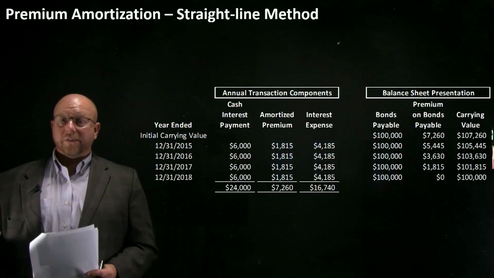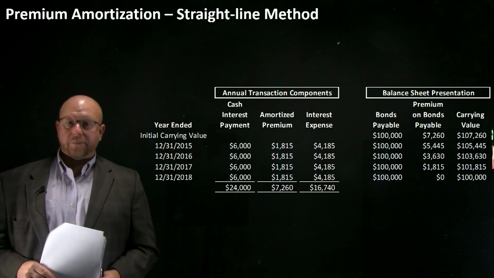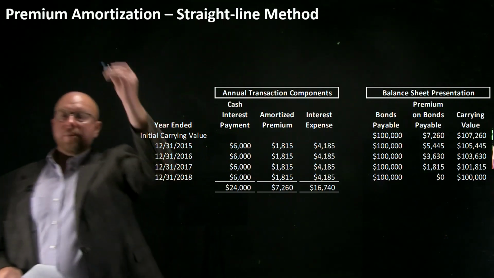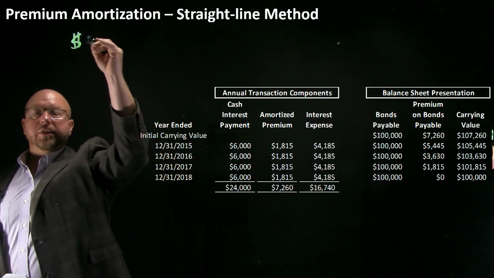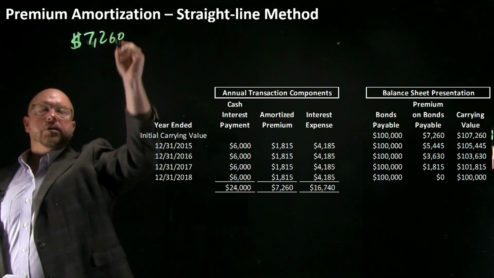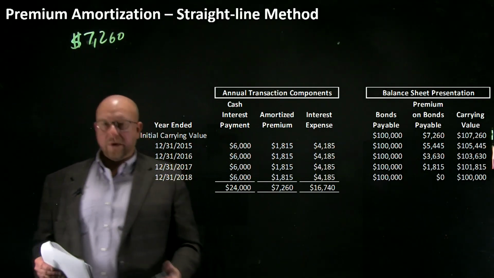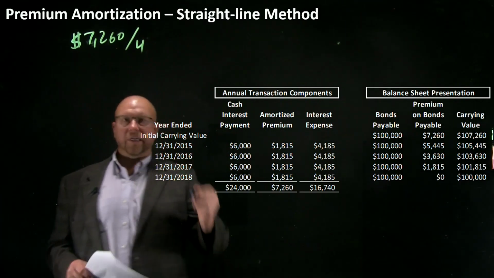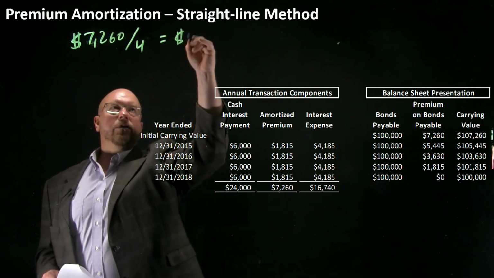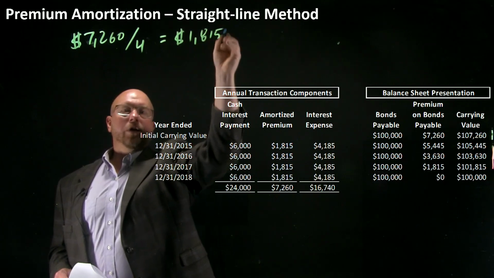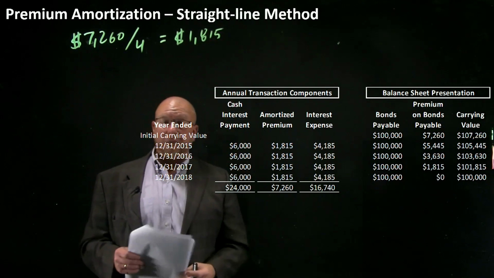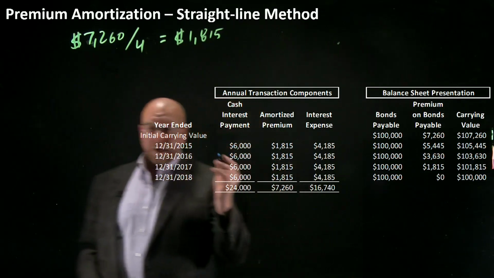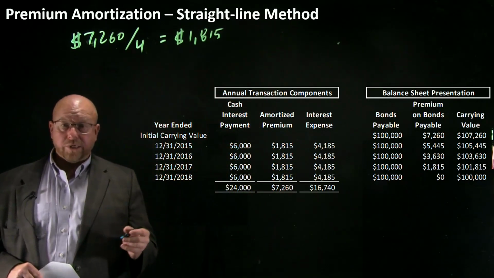Recall how I promised that the premium on bonds payable is really a hidden reduction of interest expense. So the premium in our situation a few minutes ago, and this is just the 3 situations we've been talking about, the premium, the face value, and the discount. The total premium was $7,260. The simplest way to get rid of that premium, or to amortize it, is just to use the straight line method. So what we're going to see here is that each year we're going to make, because remember the term of these bonds is 4 years,